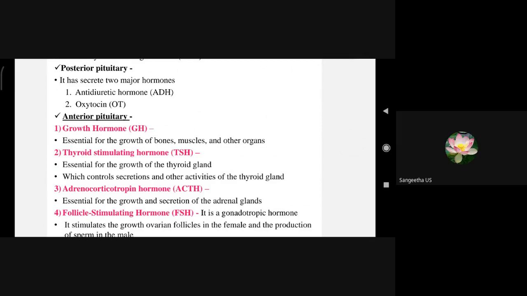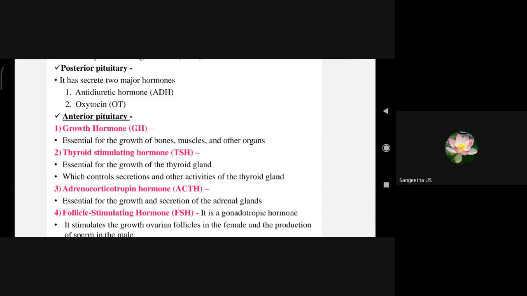Vasopressin. No. Vasopressin is antidiuretic hormone. Now tell me, what is antidiuretic hormone? The name of antidiuretic hormone is clear by its name only. In which direction is this terminology going? Towards the kidneys. Yes, very good. Means not kidney, it is urine related, right? This antidiuretic hormone is controlling the concentration of our urine.